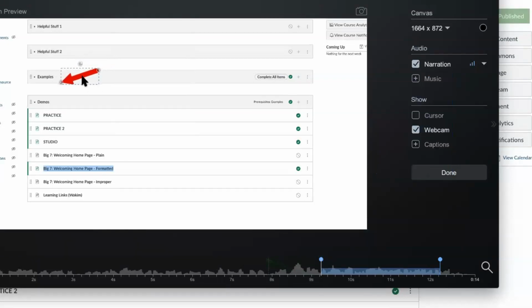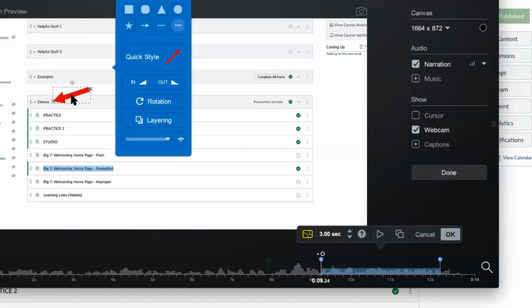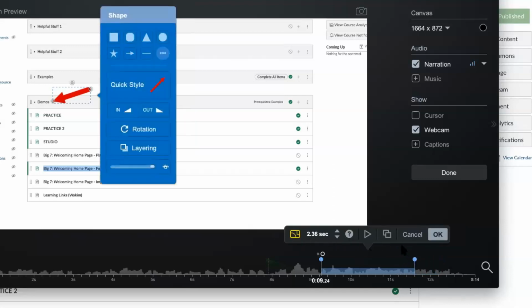I can move it, which is one of the advantages to doing the additions here in the edit mode. If you're doing it in recording mode, you don't have as much versatility to move the arrows and text boxes exactly where you want them. You can only put them where they are while you're recording, and then it's kind of stuck there. So I like to do the additions here. So I've got that. Down here in the timeline, it shows me how long the arrow will be visible. I can adjust that if I want. If I decide I don't want the arrow, I can cancel once I've said okay.